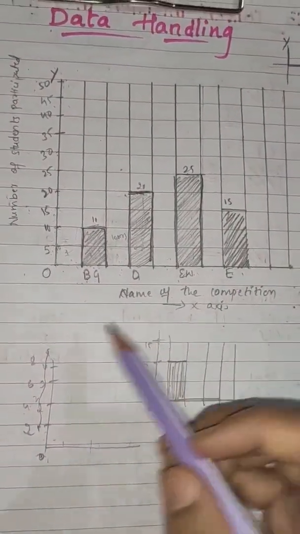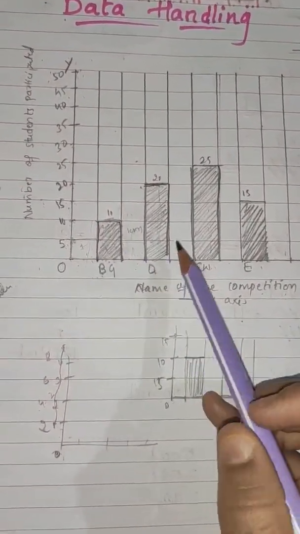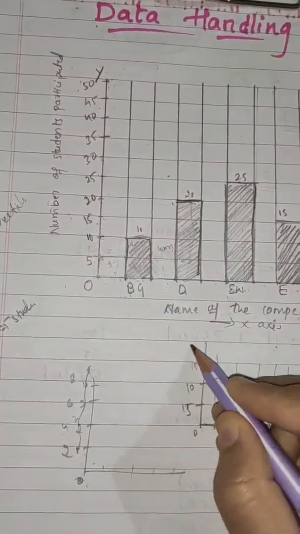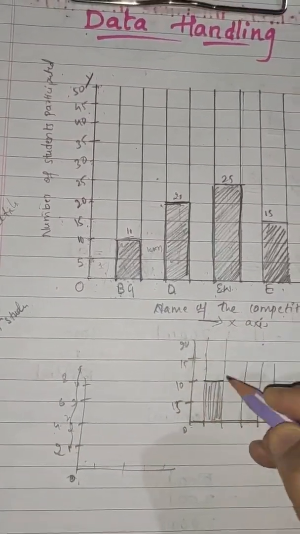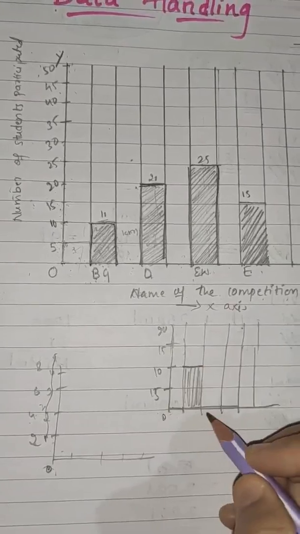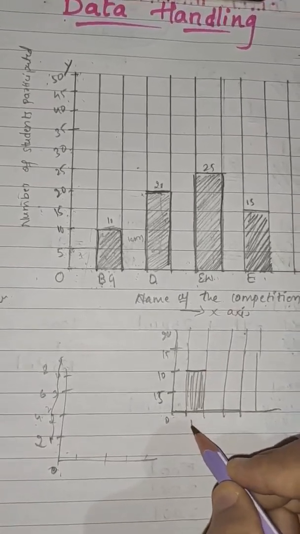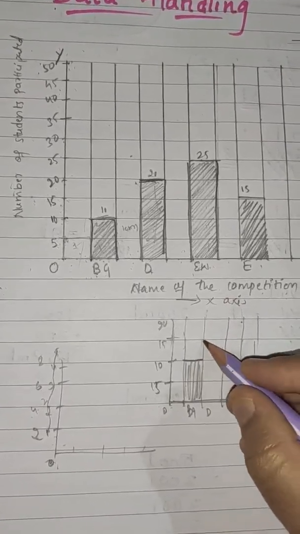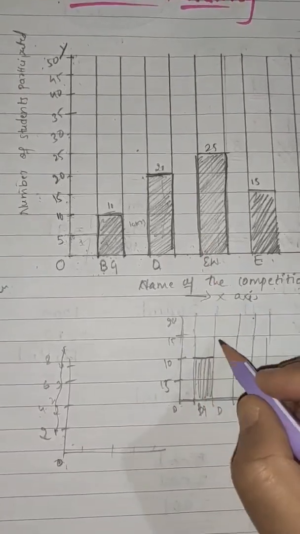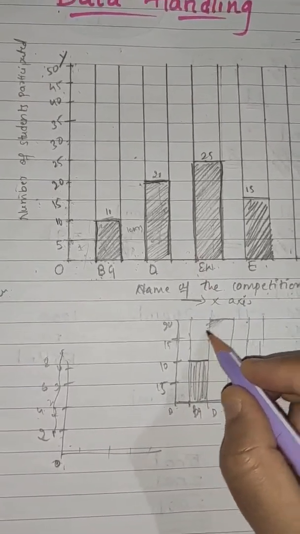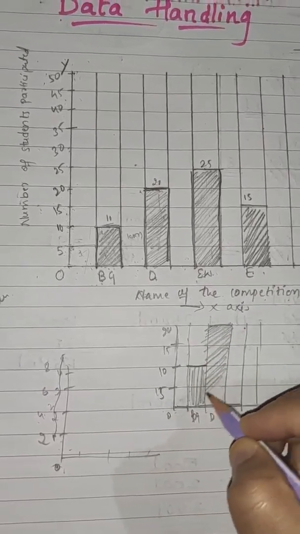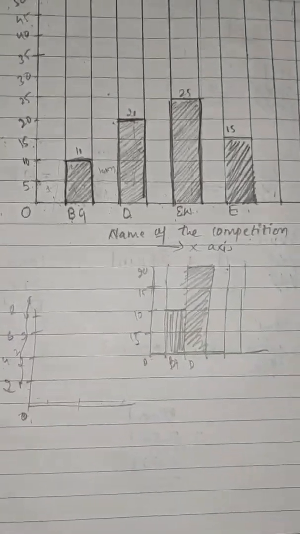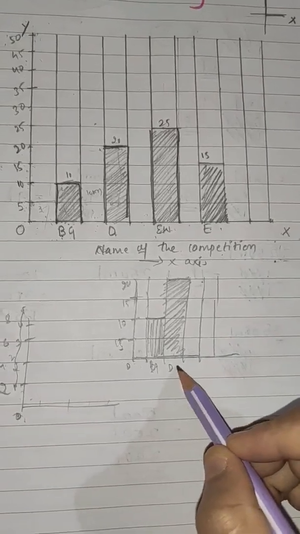Okay, next I will take this. How many students have participated in the debate? 20. So I will make it 20 here. So here, like this. So the Bhavagiti is finished. And this is the debate. If I take it here only, how many students have participated? 20. So see here, it will not look good if you color it like this. Yes. So you will not get the clear data.